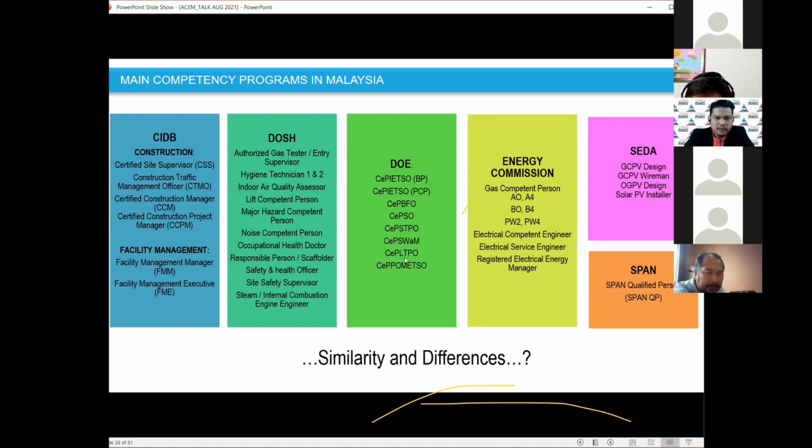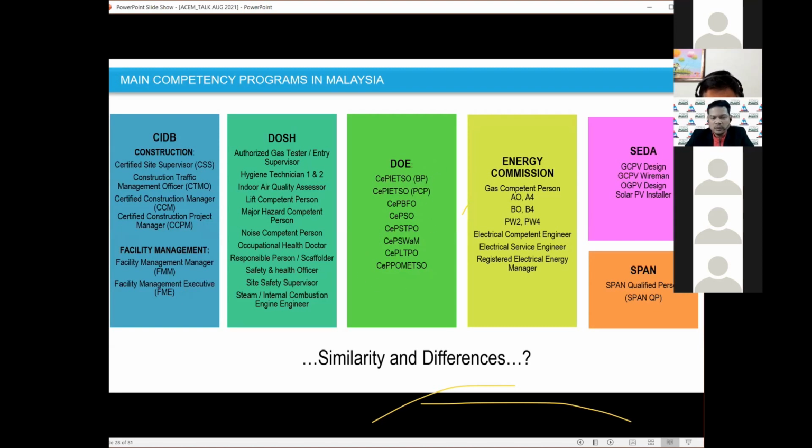We have also CEP LTPO. This is interesting: leachate treatment plant officer, leachate treatment plant for the landfill. And also CEP POME, which is palm oil mill effluent treatment plant system officer. So these are the DOE's competent persons under DOE's regulatory.